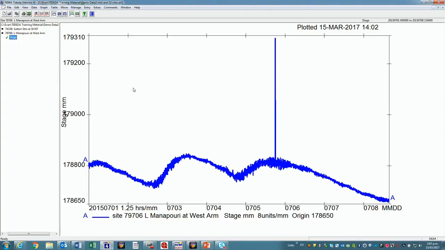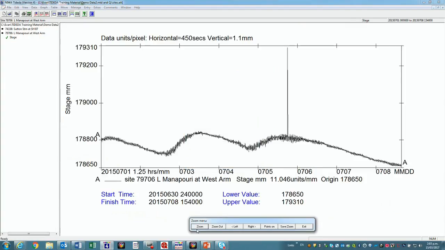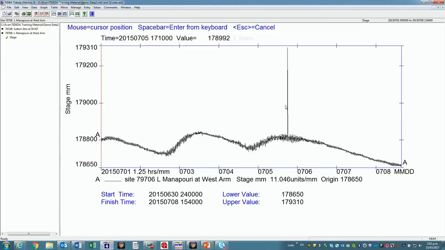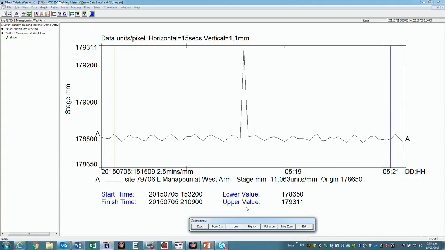The first way we're going to look at is to isolate this period of record, export the data, edit it in a text editor, and import it back in to get rid of the spike. So we'll do that one first. So we could zoom in on this period of data with graph and zoom. So let's just go in closer to the period. We can see there's just a single spike there, if we put points on,